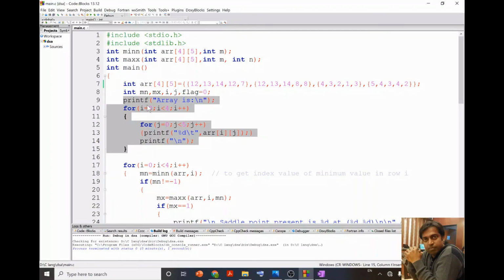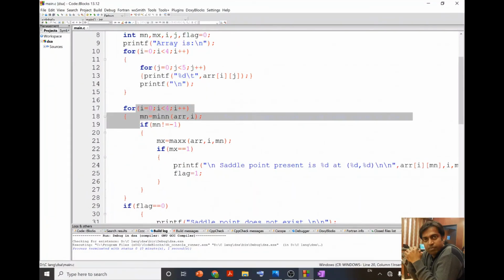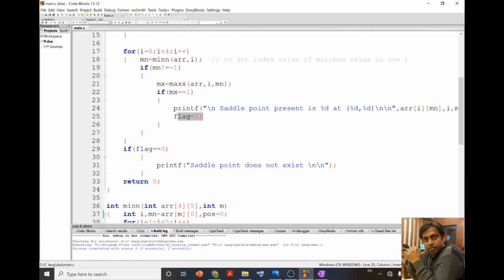Then I scan, first for the minimum value, then for the maximum value, and if I get the saddle point, I print that the saddle point is at this location, and then I reassign the value 1 to flag.